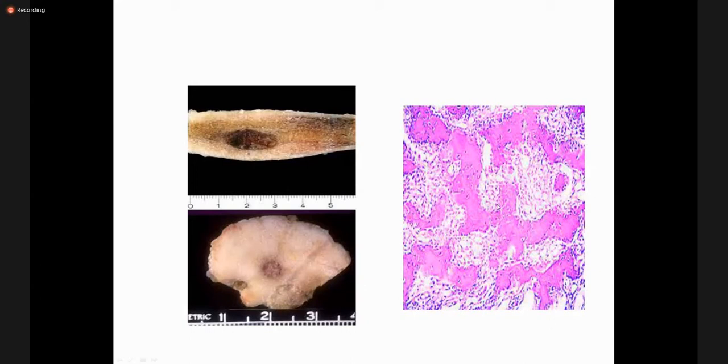Here you see the morphology or microscopic features of the osteoid osteoma. This is a mature sclerotic bone. These are the mature bone trabeculae, which are sclerotic, and they are surrounded by these cells, the osteoblasts, and in between these trabeculae, there is fibrovascular and spindloid stroma. The stroma contains a lot of vessels. Like here, this one is a vessel, this one has a vessel, this one is a vessel, and again there is a spindloid and fibrous stroma.